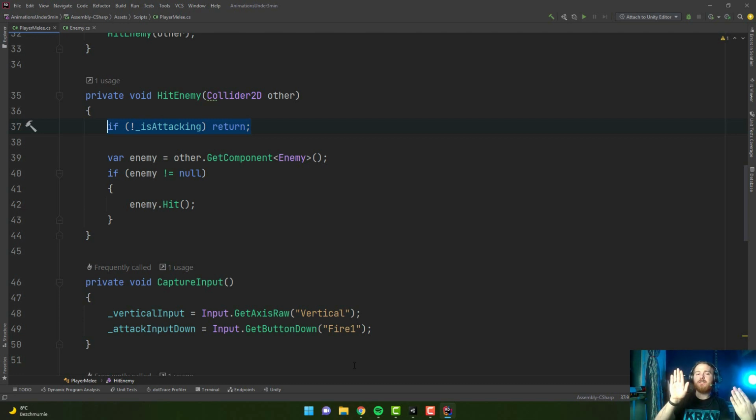But if it were active and we would walk, this would also attack the enemy if the sword touched the enemy. But if we are not attacking, so if the animation is not happening, and the sword touches the enemy, nothing will happen. So this is the first thing. Then we check if the